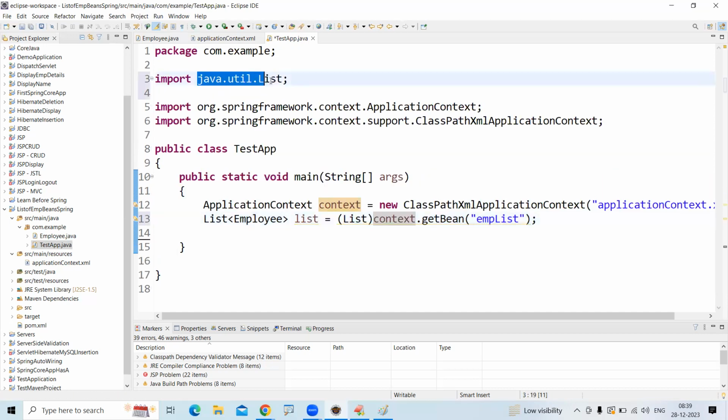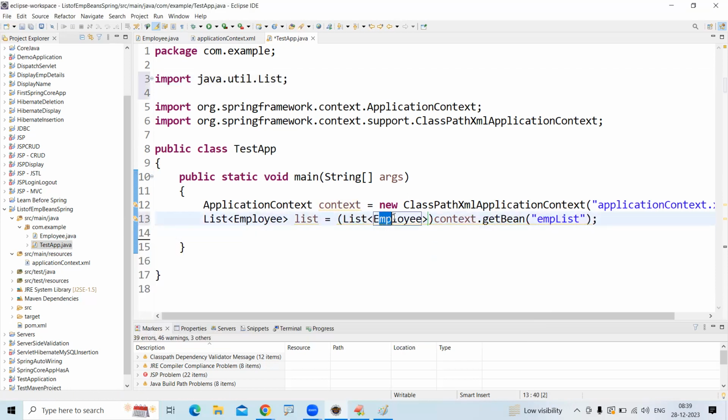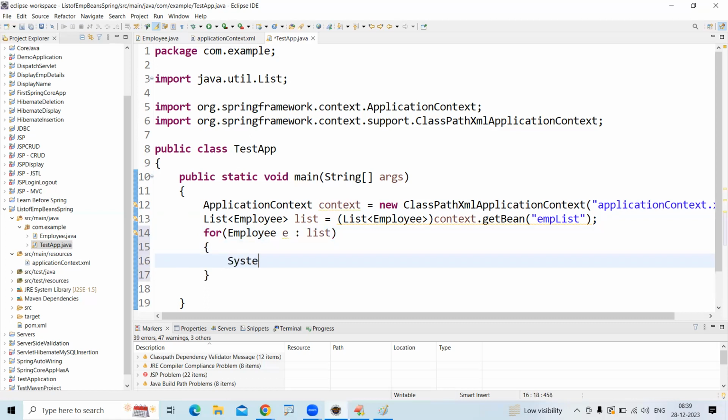And we need to import that list also. Import that list. Here it is providing like this: add type argument to list. Automatically it will be added, Employee type. With the help of the bean, we are getting the data. Sir, after that simply you can access. How can we access? Suppose using a for each loop I am writing, passing the list, you will get each employee object, and that each employee object you are printing